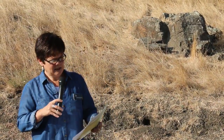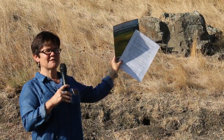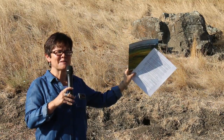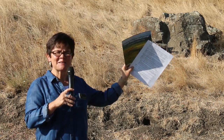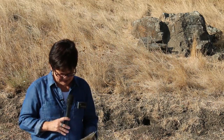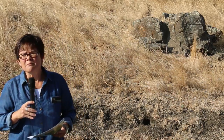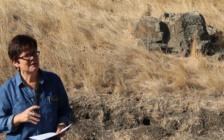My focus in my few minutes is going to be on wildlife. And I want to talk to you a little bit about a bold new conservation initiative that we've just released called the Coyote Valley Landscape Linkage. And this is a copy of it. It's in the packet that you all have. So when you're touring around on the bus today, or when you get home later, take a look at it. It's pretty exciting. The strategy really is to protect and restore the most important natural areas in Coyote Valley, and